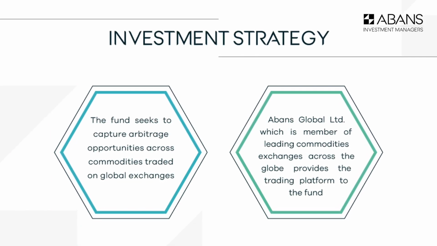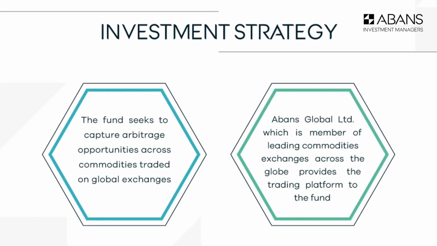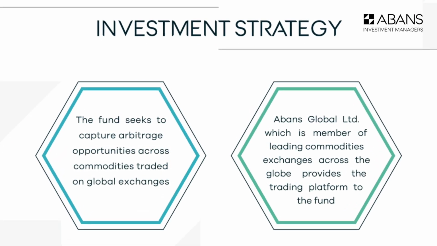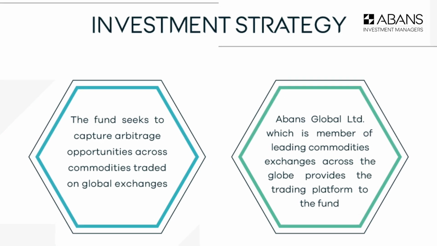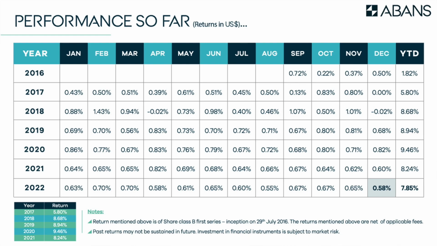So there are multiple commodities like base metals, precious metals, etc., which trade in the global market, and then there are currencies which trade on the global market. The futures contracts and derivatives contracts on those actually generate arbitrage opportunities. So the fund focuses on generating stable returns through arbitrage transactions. The fund has been there for the last 6 years now and has been generating close to about 8% returns in dollar terms.